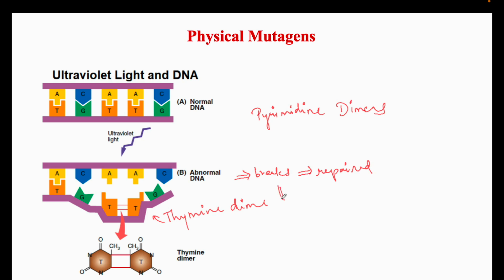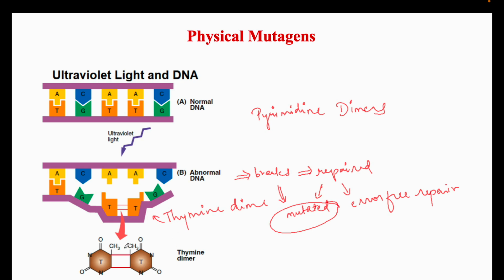Or it could be mutated. Okay, so it can be repaired by error prone or error free. If it is error free, we don't have any problem, error free repair. But if it is error prone, we'll have the mutated DNA. Okay, our DNA will be mutated